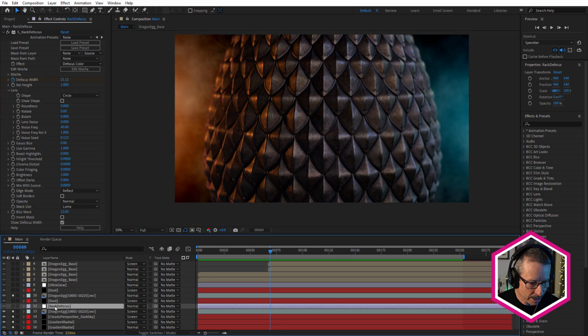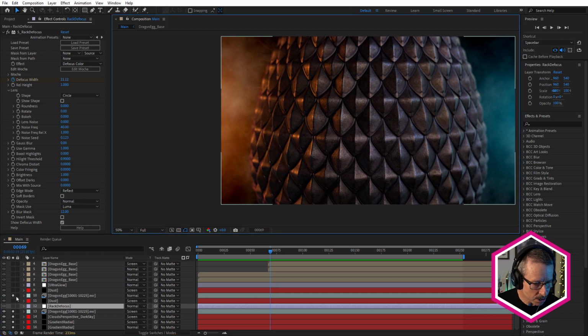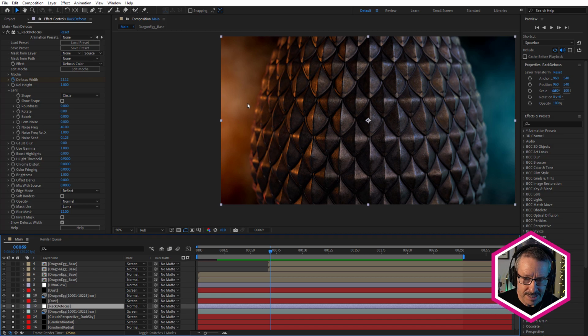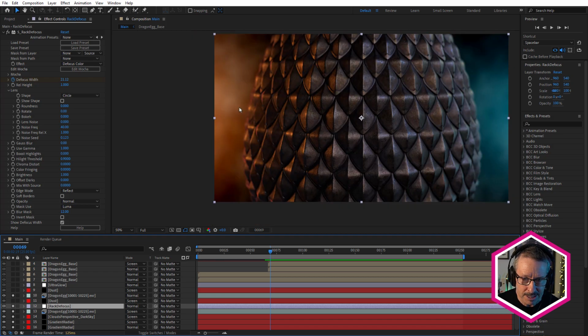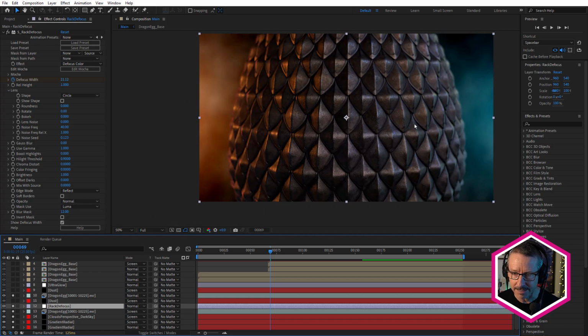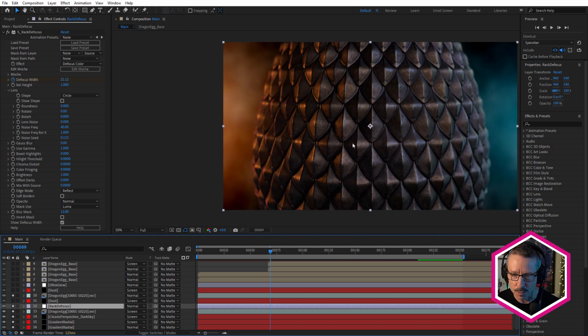So to get around that, I've used an adjustment layer with Sapphire's Rack Defocus effect. So I'll turn that on. And you see how we're just blurring out the background there? So defocusing it to match the sides of the egg, or the back of the egg. And that way we're getting a lot more focus here on the foreground. Without that, that kind of breaks that. So we're getting focus here and focus there without it. And I didn't like that.